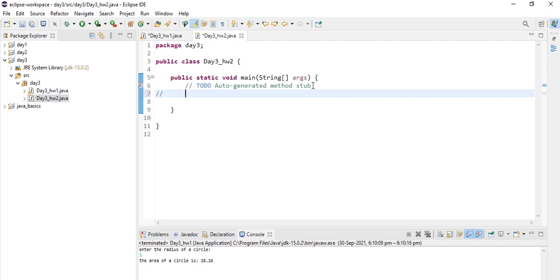First thing, let's comment this, sum of natural numbers from 1 to n. The formula of sum of natural numbers from 1 to n is n into n plus 1 divided by 2.